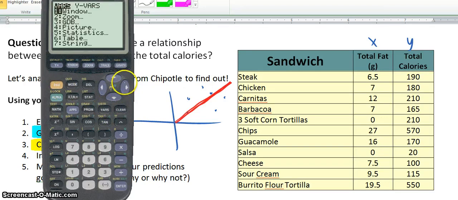So we go to VARs, and we want to go to Y variables, because that's where all your Y equals are. And if we store it into Y1, what that really means is you're going to put the equation they give you and put it into Y1 here. Now that you have all that entered, hit enter, and it should give you the information you need for the